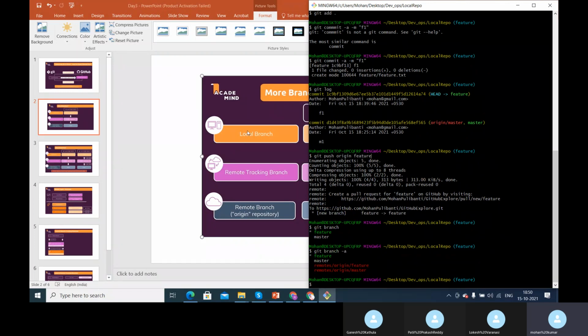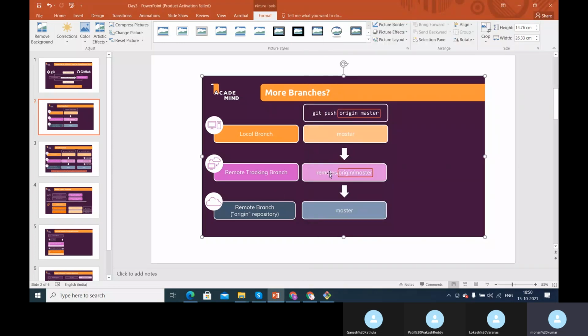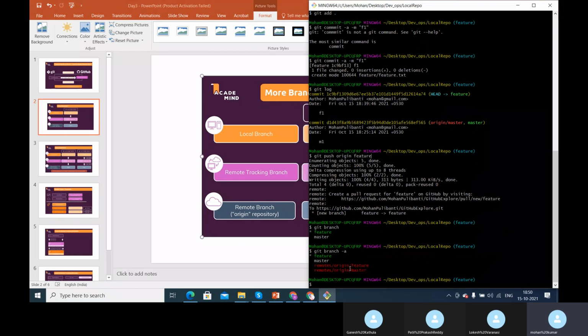As I told you, whenever you push code from the local repository to the remote repository, by default Git creates a branch called a remote tracking branch, and the paths look something like this. It points to remote, origin and the master branch. We pushed two branches, the master branch and the future branch. That's why it created two remote tracking branches, and using these two it pushes the code to the remote repository. That's why you are seeing two more branches like this.